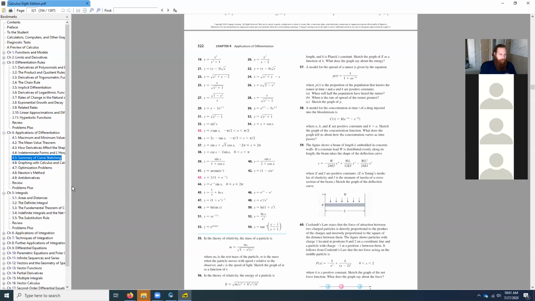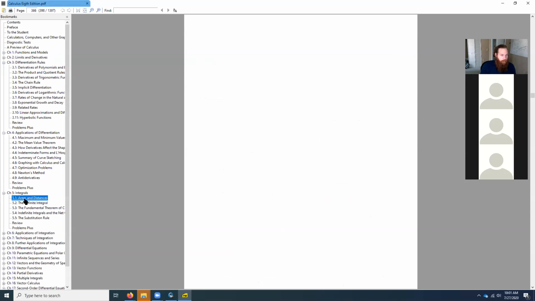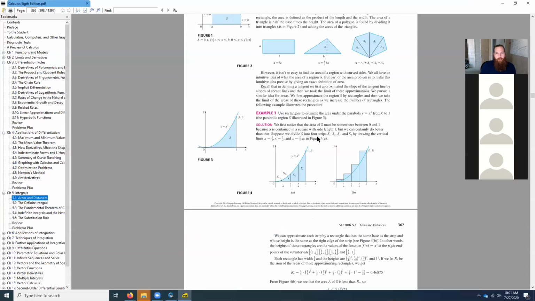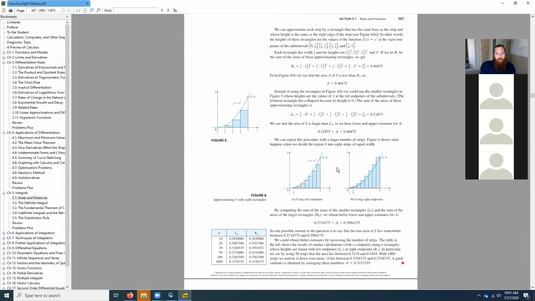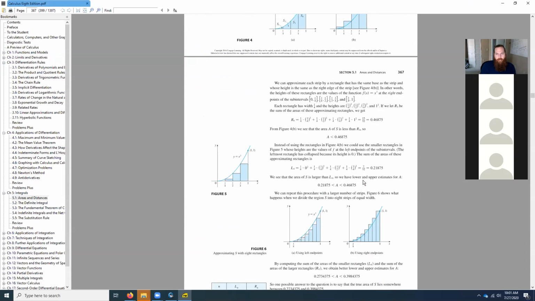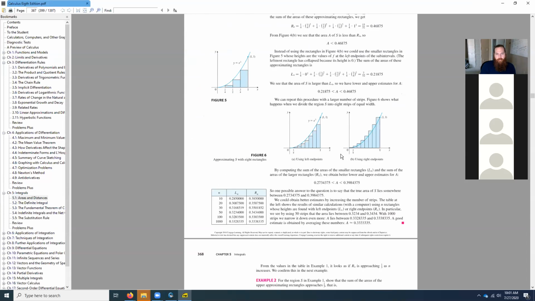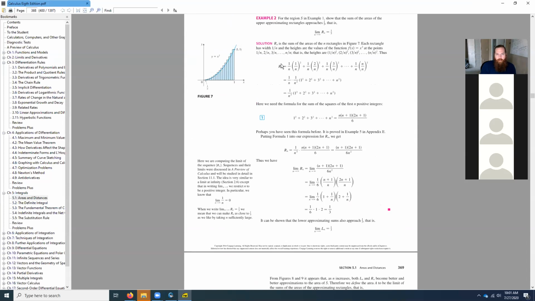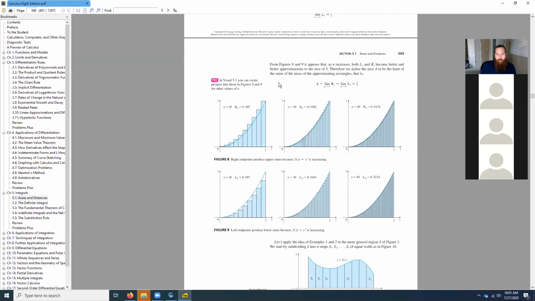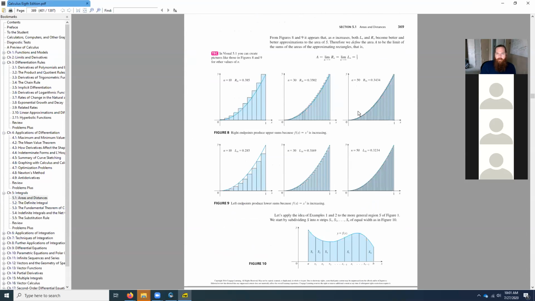We're just talking about the area problem here, right? And this is the sort of thing that we're going to do. We're going to be using these little rectangles to get better and better approximations of these areas. So they're using this notation Rn for the nth Riemann sum, the Riemann sum with n rectangles. And here are these pictures, which they can draw much better than me with computer software. So you see what I'm saying? As I use more and more rectangles, my approximation becomes better and better.